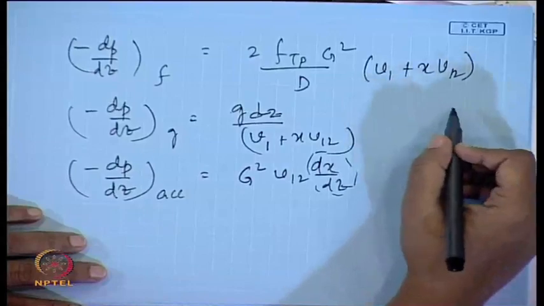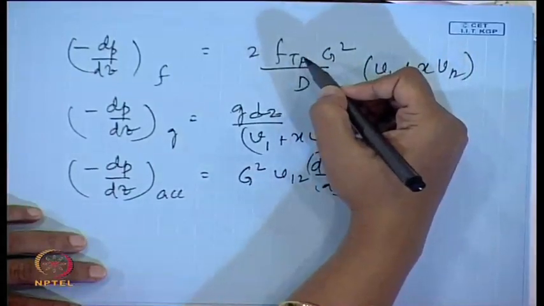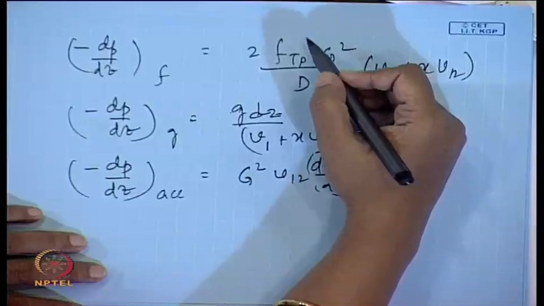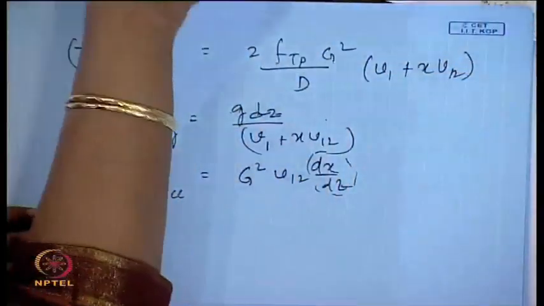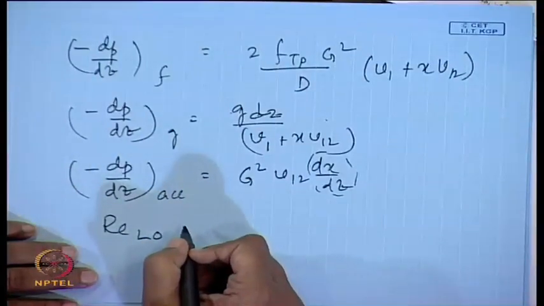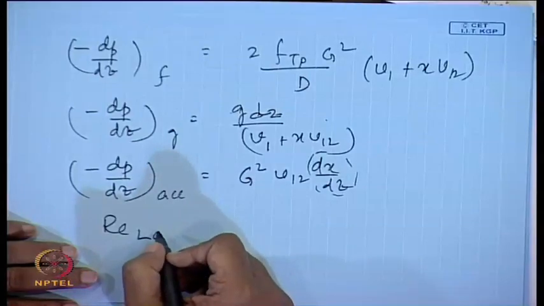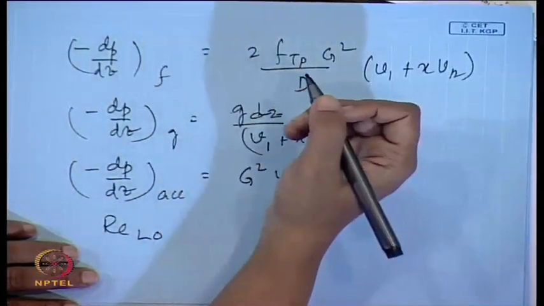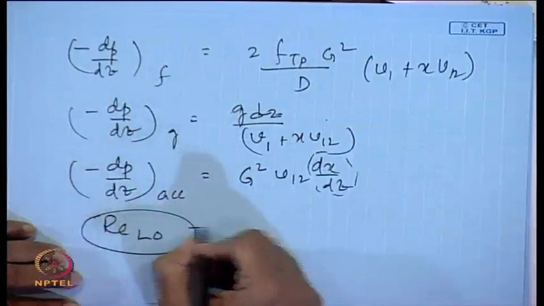Fine. So, you know that more or less everything you know except f TP. Several students were having problems with f TP. So, how to define f TP? More or less in this particular case, what you can do is you can find out the Reynolds number, and you will find that the Reynolds number is very high. And one more thing, since here water is entering at saturated condition and it is flowing up, for this particular case we can find out Re liquid only, because at the entry condition it is just liquid, okay,